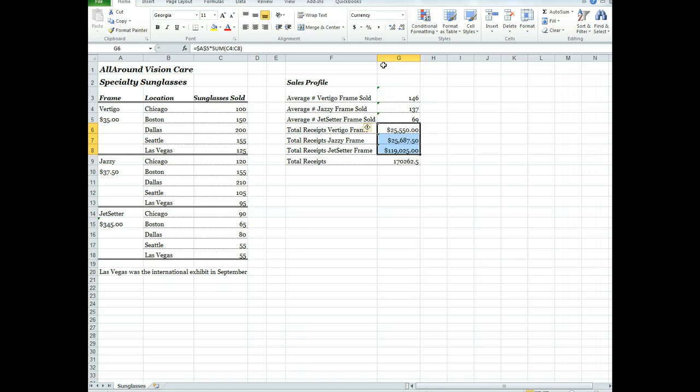You need not do anything about the error triangles. The formulas are correct and the triangles do not print. Press Control Home, but total receipts should also be the money format. Press Control Home